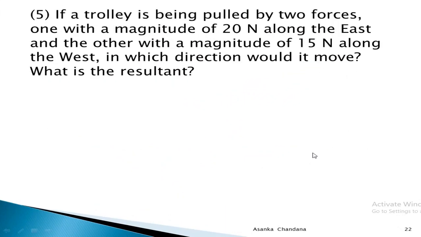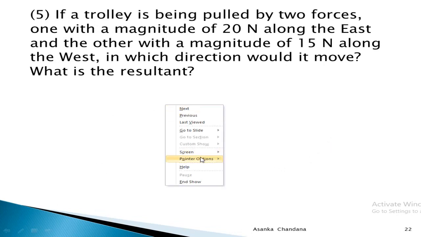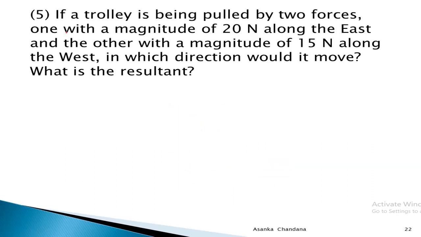Question number 5. Now we are going to learn how to get the answer for question number 5. Firstly read the question. If a trolley is being pulled by two forces, one force with a magnitude of 20 Newton along the east, and another with a magnitude of 15 Newton along the west, in which direction would it move? What is the resultant? Firstly we will mention the directions like that. This is the north, south,